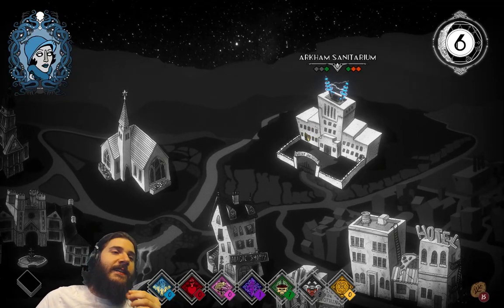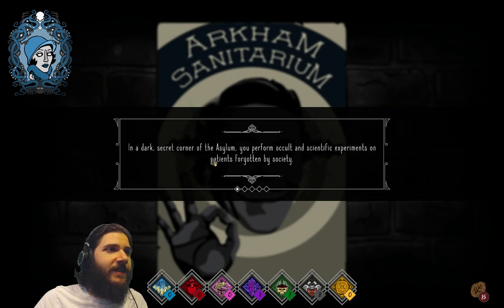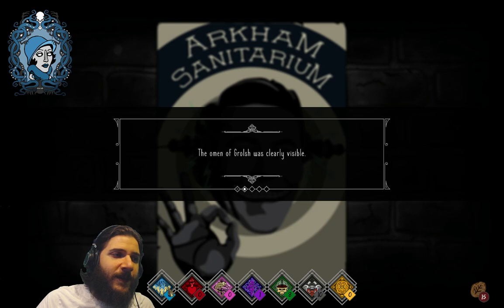All right. Things are going merely okay. Just keep going crazy. This lady needs to go crazy fast. All right, keep experimenting on people. We need to be extra crazy, and I guess knowledgeable. Do I need any other stats for this? Okay, the omen of